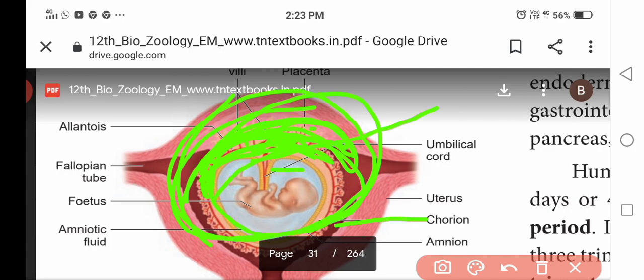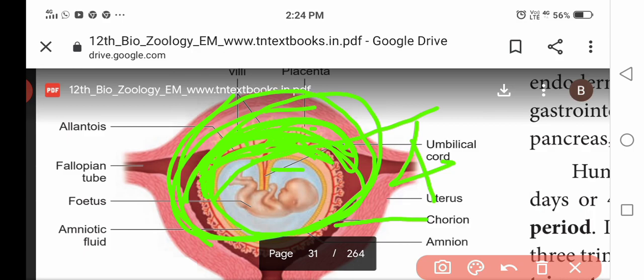All the functions responsible for that in the placenta. All the functions means nutritive, respiratory and excretory functions. These functions are responsible for the placenta. Understand? So the first important one in this fourth week is that the heart is functioning, the heart is produced. In the fourth week, the blood circulates through the umbilical cord. So that means the heart will be developed in the fourth week.